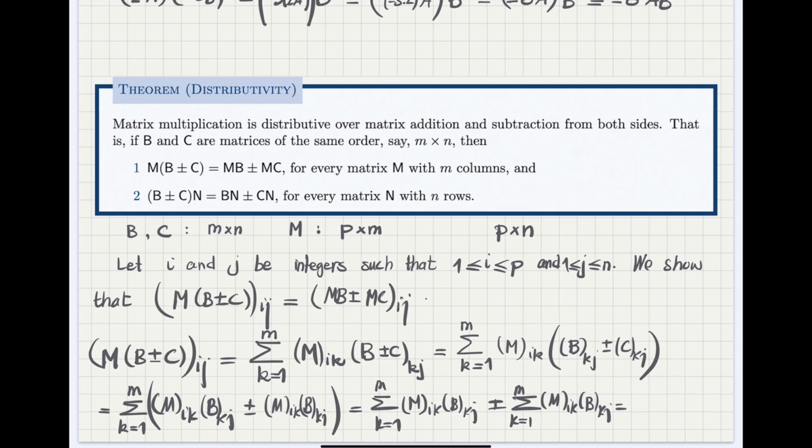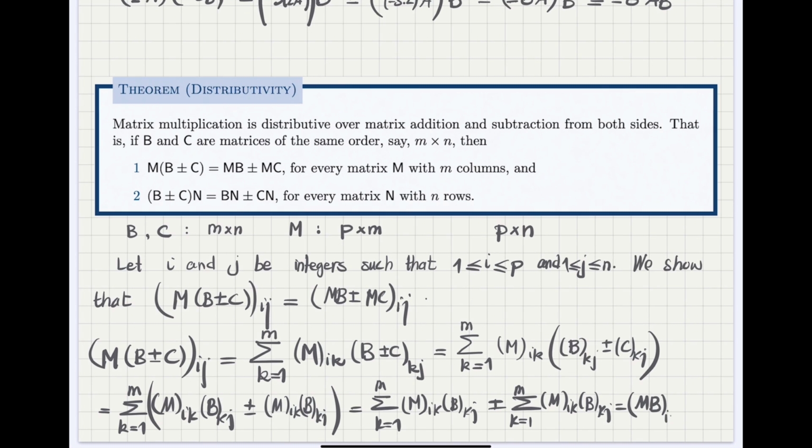But can you tell me how I can write this now? Is this combination familiar to you? You see, I have a matrix, another matrix. It starts with the i index, it ends with the j index, and the middle index is exactly this k. The counter of the sigma and the number on top of the sigma is exactly equal to the number of columns of A, or equivalently the number of rows of B. So this is actually a matrix multiplication, but which entry? It is M times B,